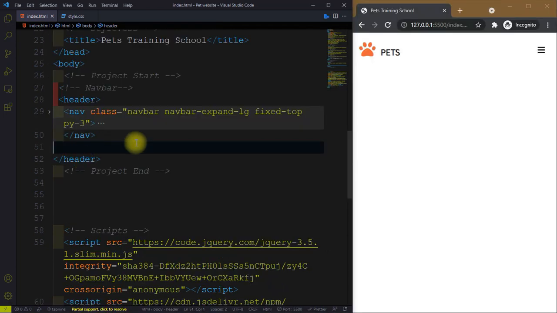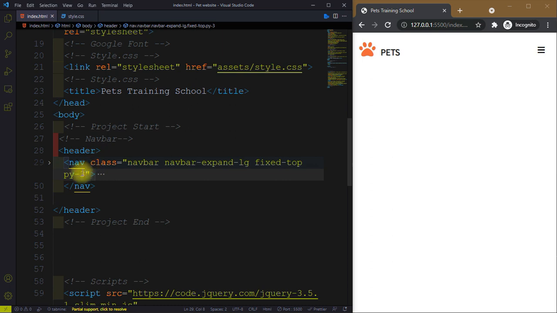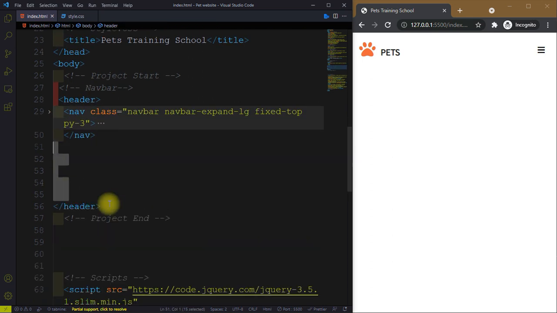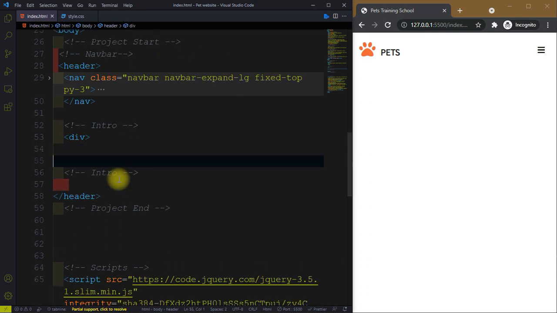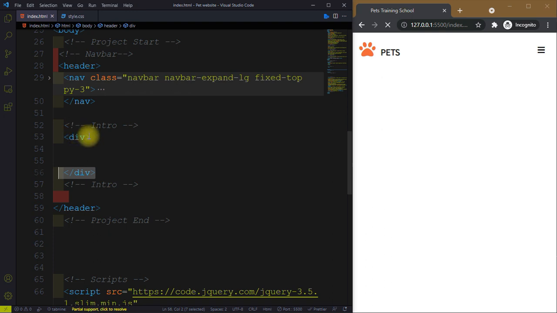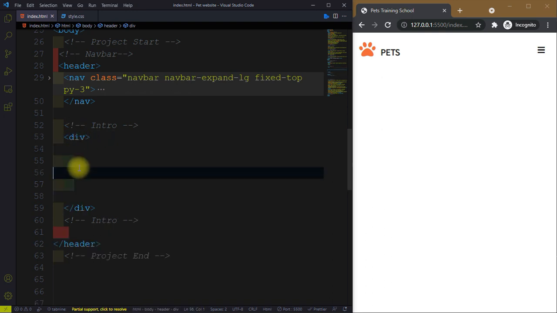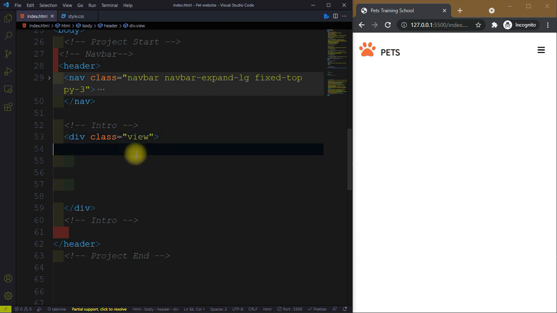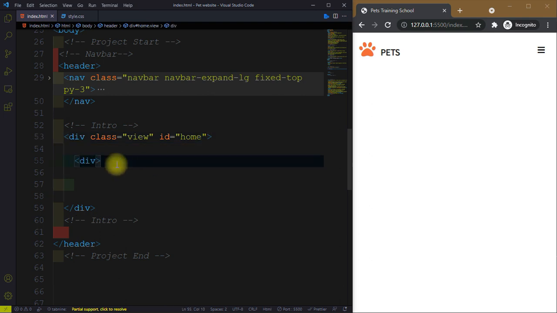So now, after the nav tag, we need to create some space, then create the intro section. Write a comment, intro, then create a div and give it a class equal to view, which we styled in the previous video, and give it an id equal to home. Then we have a div,